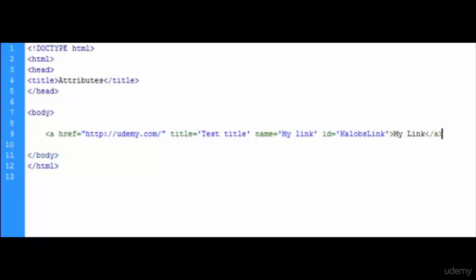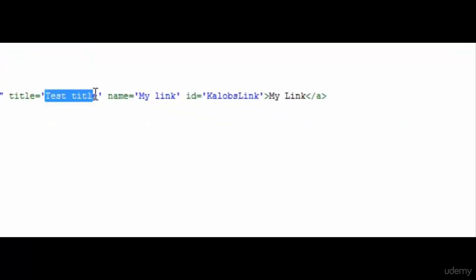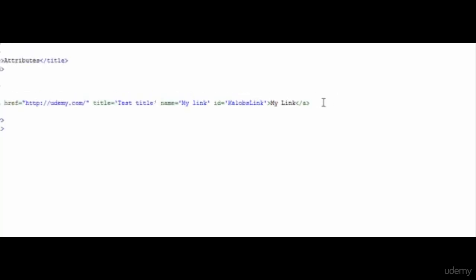So now let's take a quick look at what we have. I'm using Dreamweaver. It shows up as an anchor, which is my link. So now if we go ahead and open this page, this is what it will look like. Just a simple blank white page has my link. When I hover over it, the title shows up, the test title there. And that's exactly what this is. Now you can add these attributes to almost every element. There's no need to add a title or a name or an ID to everything unless it's being used or you think it's going to be cool. If you want to, go ahead. But for now, it's not a big deal.